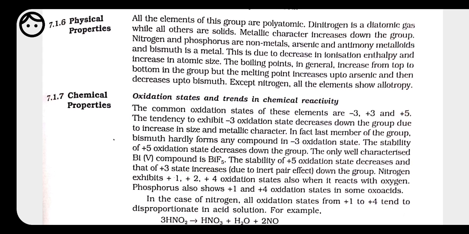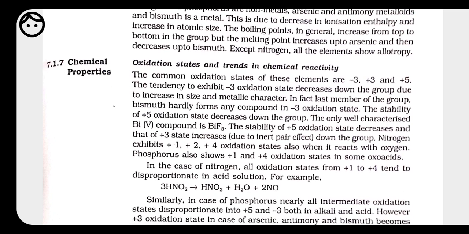But valency, because it has 5 electrons in its outermost shell, is -3. If we talk about the oxidation state, it may change depending on the element. If it combines with any element which is more electronegative than nitrogen, then it behaves as electropositive, and at that time it shows a positive charge. But if the element it combines with is less electronegative, then it behaves as an electronegative element and pulls the electrons towards itself.